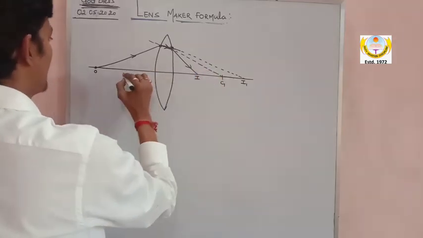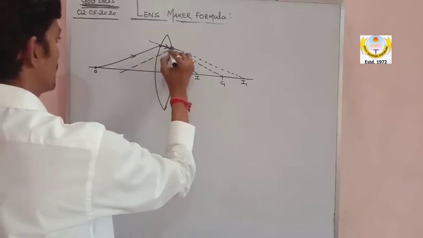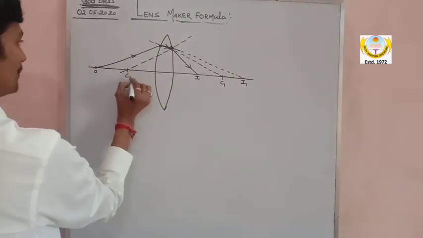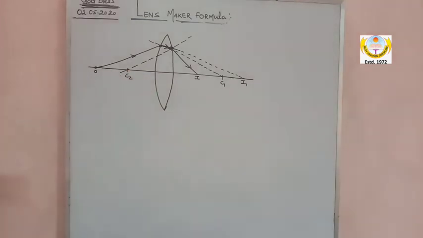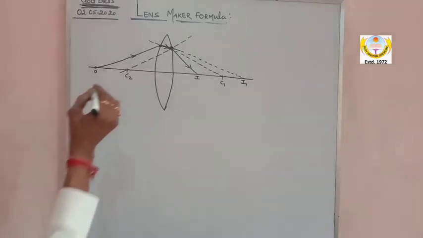C1, and here is the another center of curvature. And here I can draw C2. So these are the two center of curvature, my dear, in the diagram, which you can see easily from the figure, that there are the two center of curvature. One is C1 and other is C2. Here you can draw